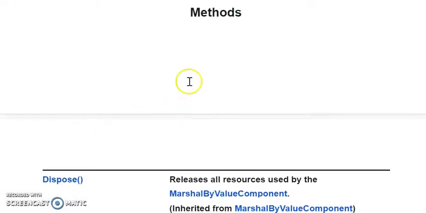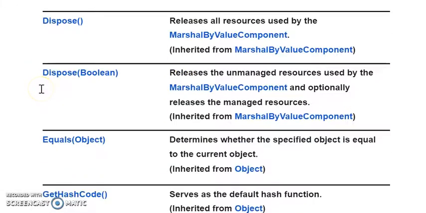The next one, methods. Methods are Dispose. Now Dispose is just like the close method that we have seen in database. So Dispose means you have used some objects, resources, and then we have to release these resources. For that, Dispose is used. So one is with blank, no parameter within that, and the second one, it may take a boolean. So these are the two overloads for Dispose.